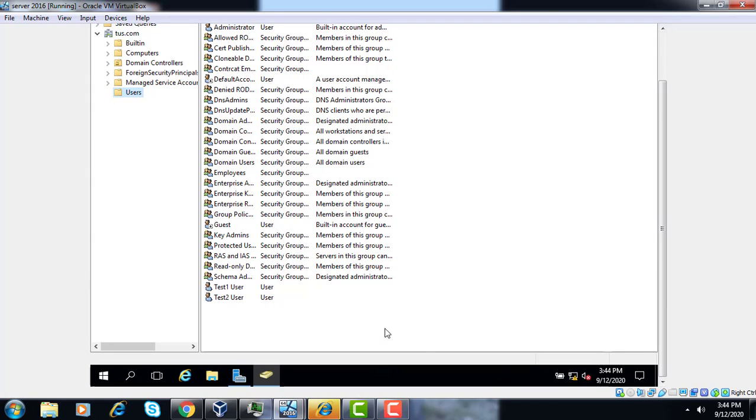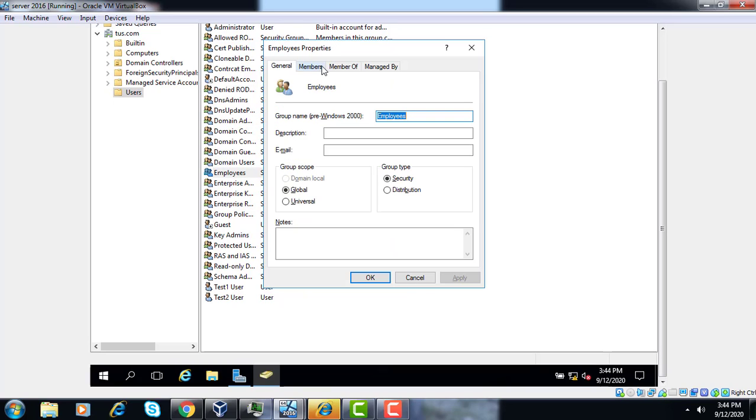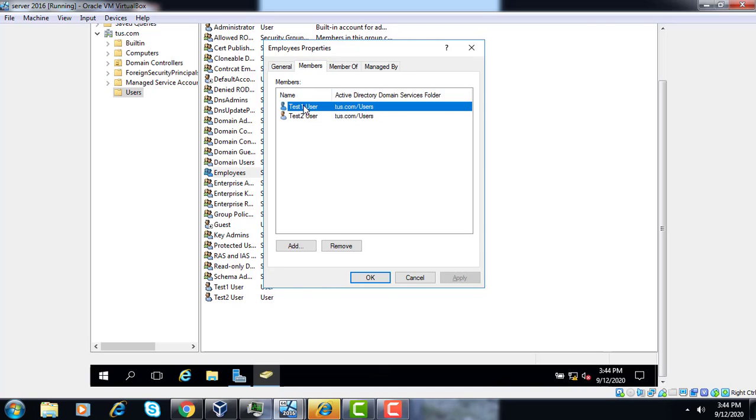Now you can see we have created two users, test1 user and test2 user, as well as two groups. One is Employees, and in the Employees group we have assigned test1 user and test2 user.